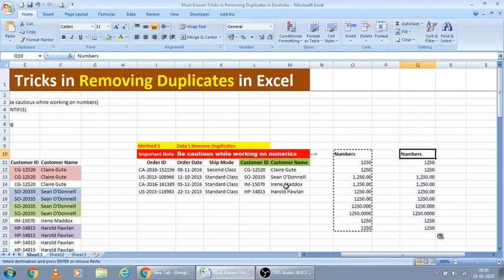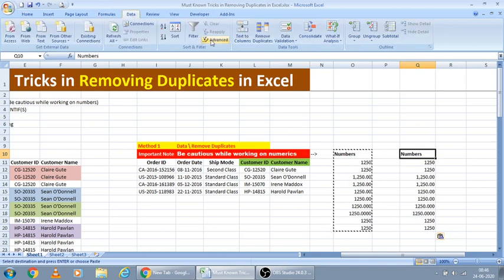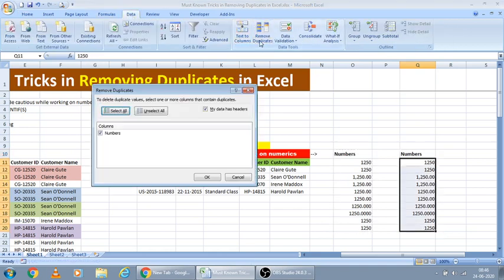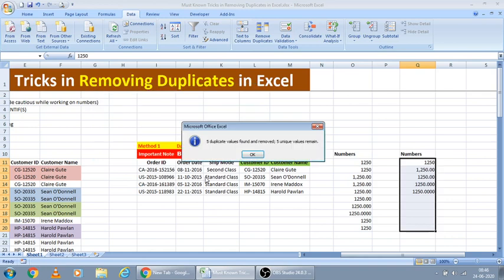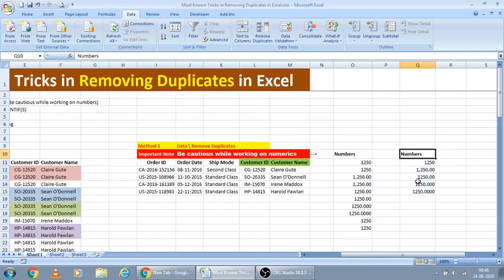The first one, remove duplicates by Data, Remove Duplicates, and OK. Here if you observe, even though the same number is within the cells, it is showing them as unique records, since we have put different formats for these numbers.